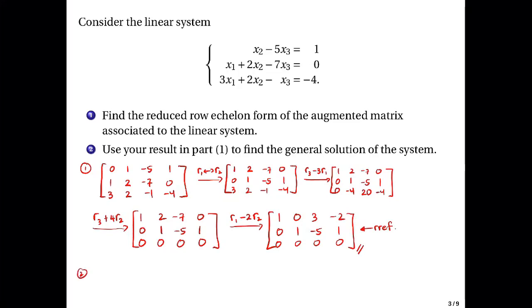Number 2. So using 1, we have the following. We have x1 plus 3x3 equal to -2. And then we have x2 minus 5x3 equal to 1. Okay? Which means the general solution